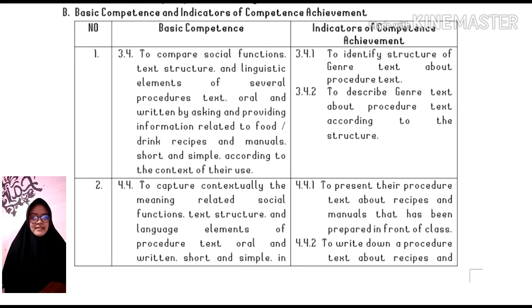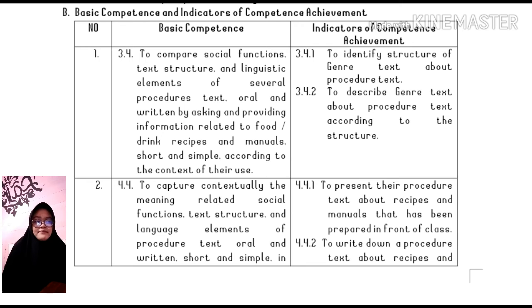Okay, the next is about basic competence and indicators of competence achievement. So, we are going to basic competence firstly. The first is to compare social functions, text structure, and linguistic elements of several procedure texts, oral and written, by asking and providing information related to food or drink recipes in manuals, short and simple, according to the context of their use.